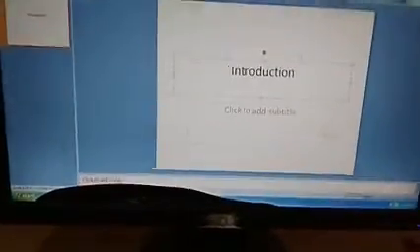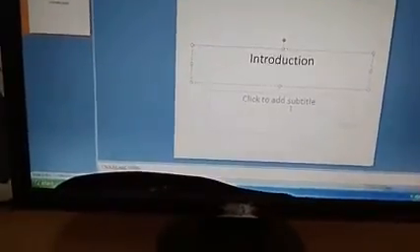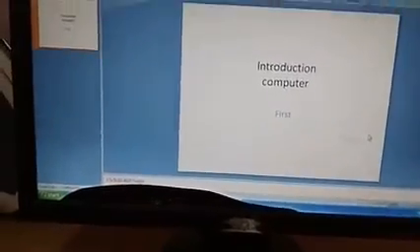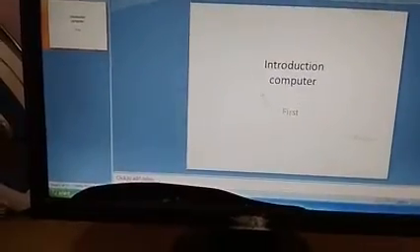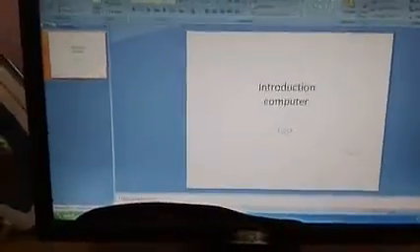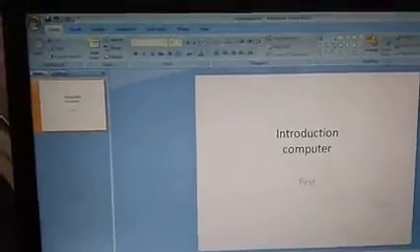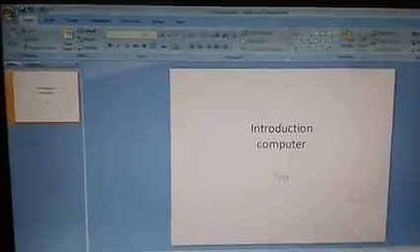Okay, this is the method of how you are going to type your data. Click on the location where you want to insert your text in this format, and then click outside to set it. Whatever you are entering in your slide area, this is the main location in PowerPoint where we insert all the text, animations, graphics, charts and all the other options, the main area of your PPT.